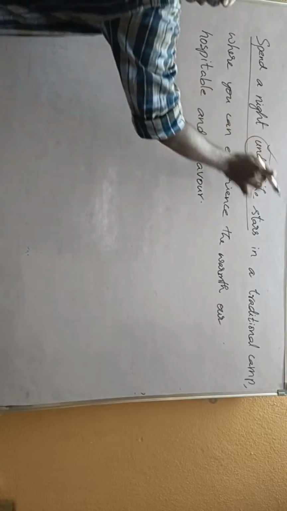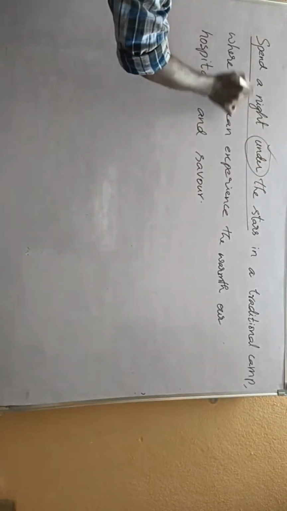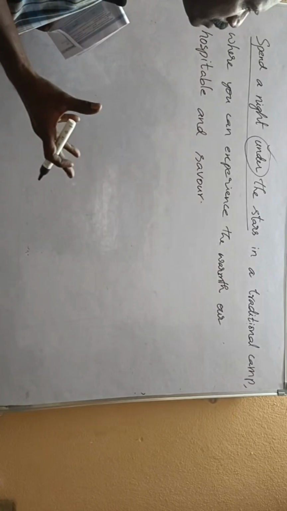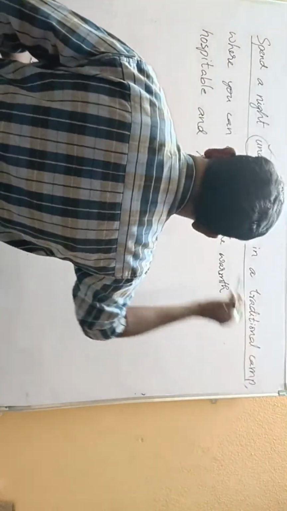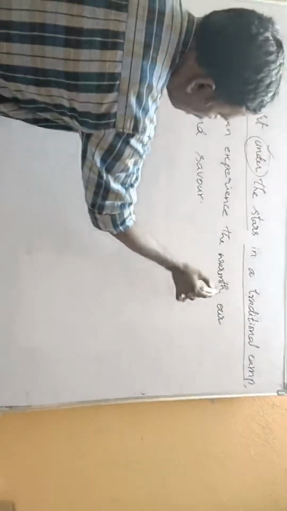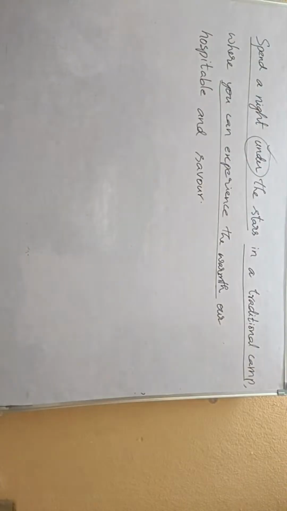But if this is uncountable, we use under the stars. That means you spend a night time in an open place. What kind of open place is it? In a traditional camp, where you can experience the warmth, the heartfelt, or